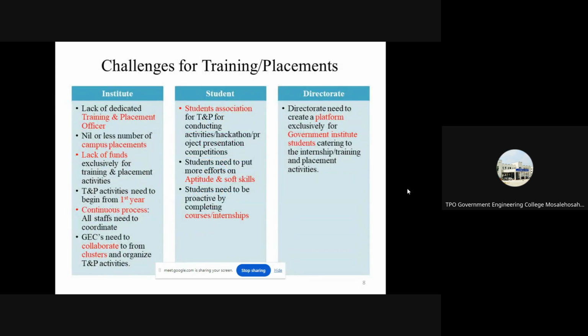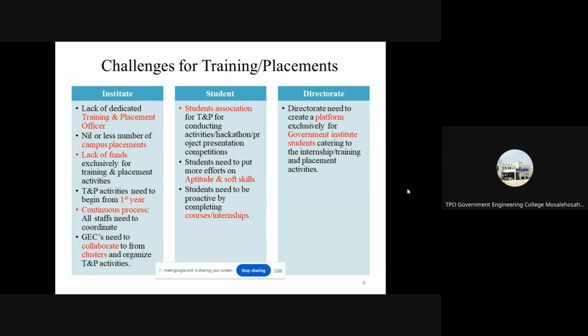Finally, based on the opportunities and all these things, there are some challenges. We have to know where we stand. Like I said, what the challenges are, or what initiatives are required. So I've just divided it into three parts. One is the institute, the second one is the student, and thirdly, the Directorate of Technical Education, which can give some inputs. So firstly, speaking of the institute,